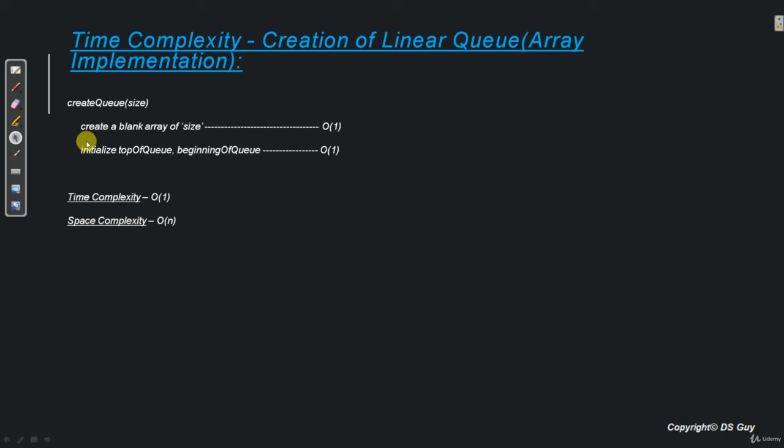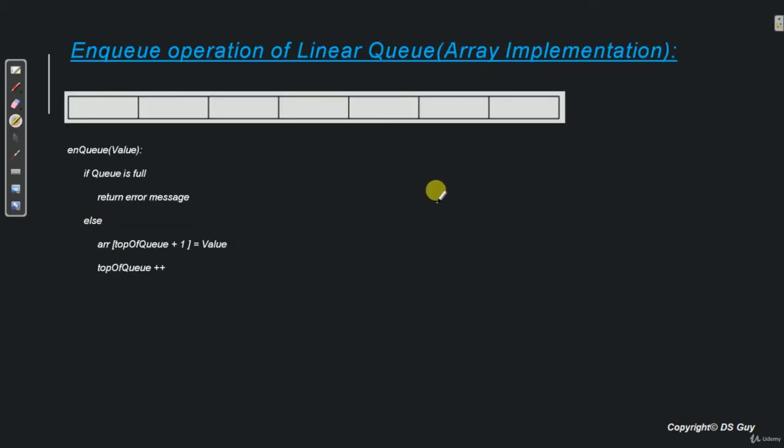Now let's see how we can insert data in a queue. As we already spoke in the introductory video, a queue works with the FIFO method, that is first in first out. That means if this is our queue, and let's say we insert 10, then we insert 20, 30, then what goes out from this queue will not be 30 or 20. First always 10 will go out, then 20 and then 30. Similarly, the same rule applies for insertion. That is, the insertion will always happen at the end of the queue.